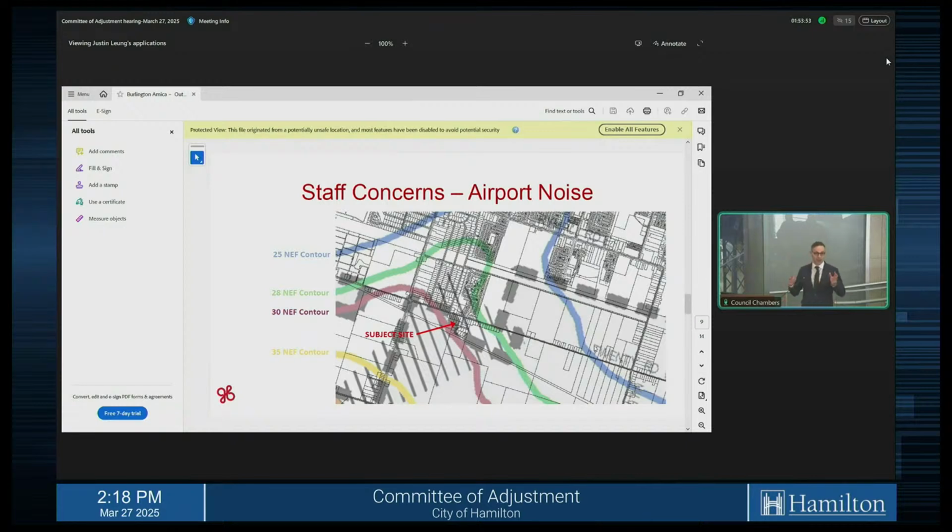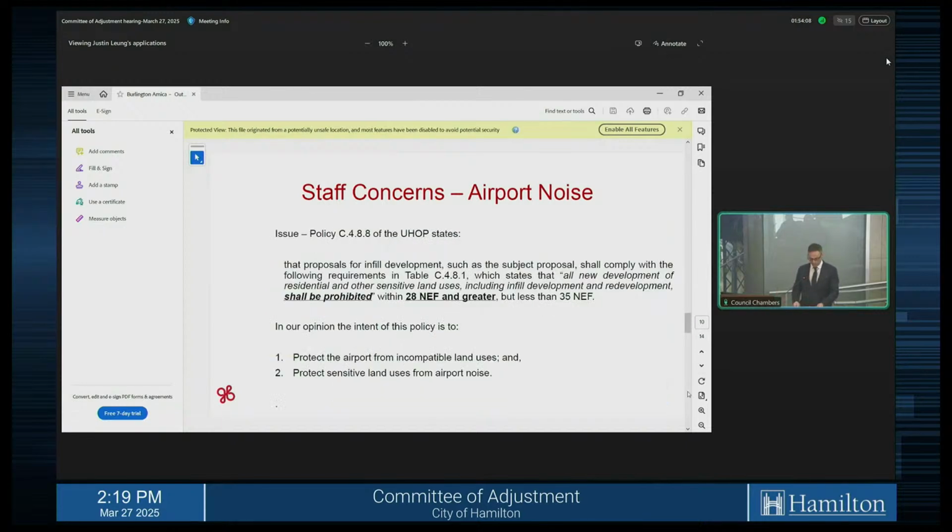Most of that residential neighborhood does fall within that area, and it's already been intensified. And again, this is an existing low-rise residential neighborhood. Next slide, please. So staff correctly point out that policy C488 of the Urban Hamilton official plan notes that all